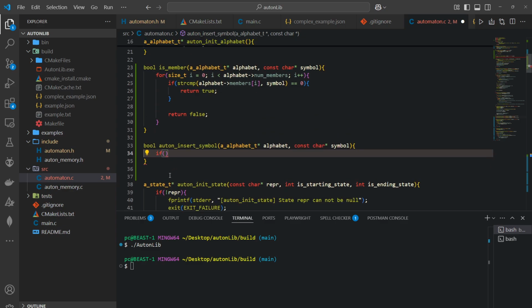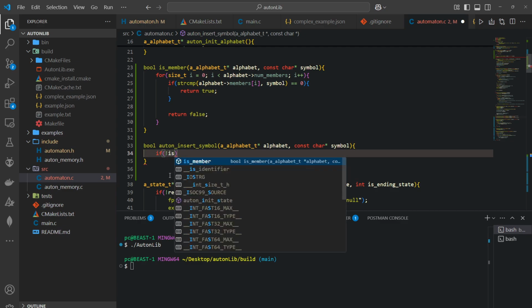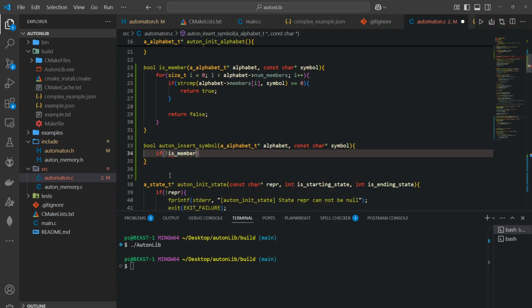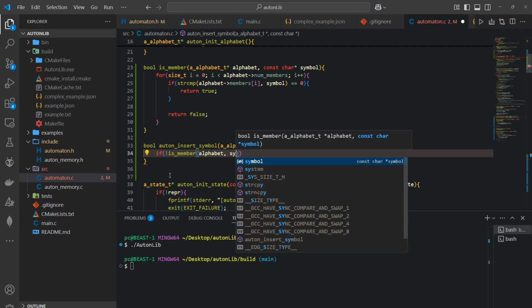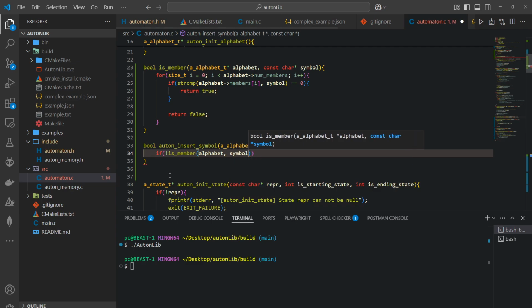So we're going to say if not is member, alphabet, because is member expects a pointer to the alphabet and also the symbol. So if the symbol is not a member of the alphabet,